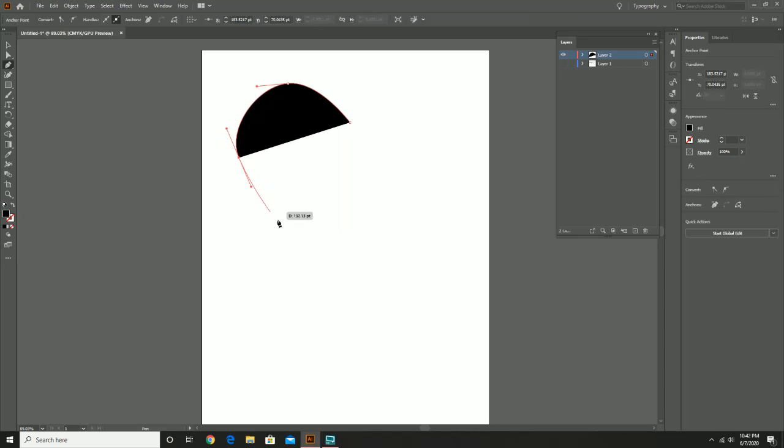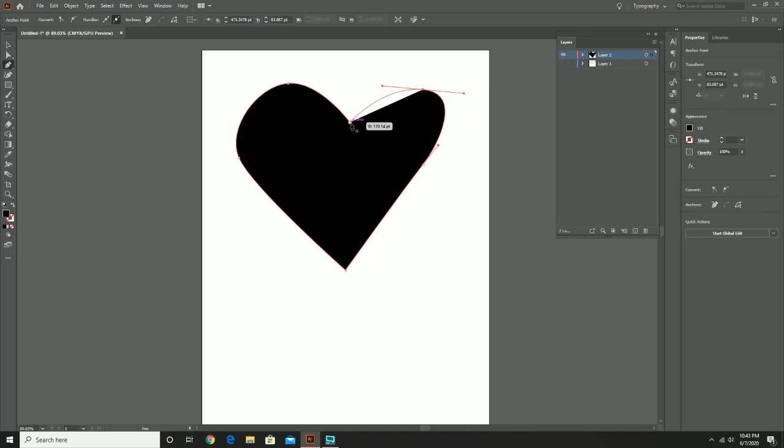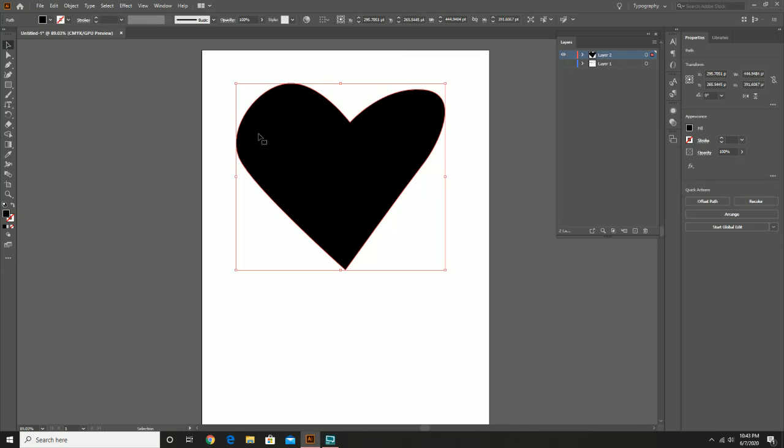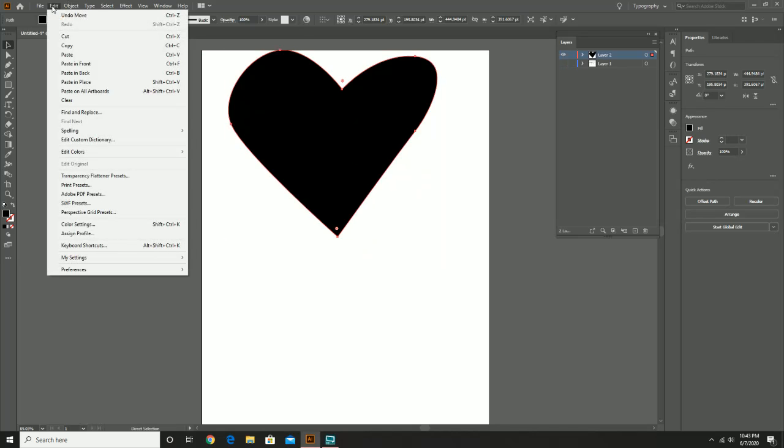Again, I'm just doing this a little bit on the quick side just because of time. There we are. I can make this look a little bit nicer later if I want to, but this is all we need this for right now. Okay, so some of the other options, I'm actually going to duplicate this, Command-C, and if you hit Edit,